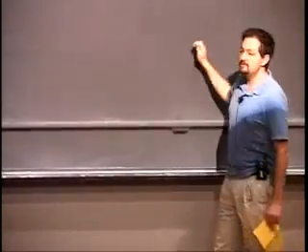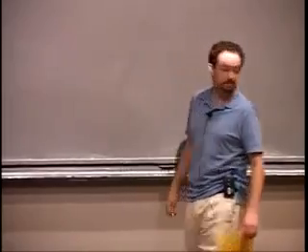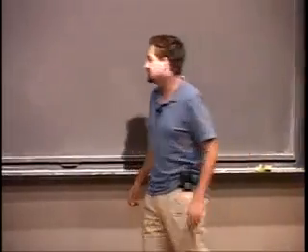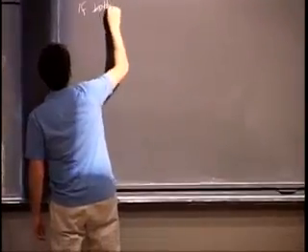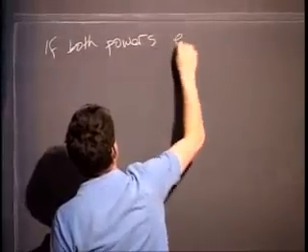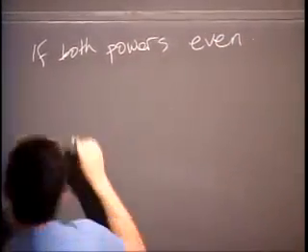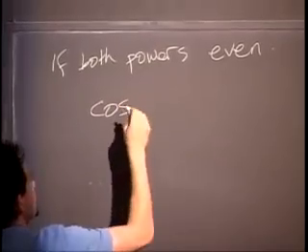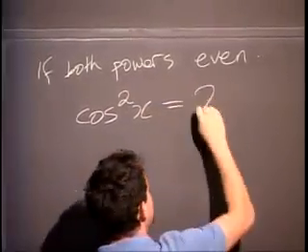All right, so moving along, what if they're both even? If they're both even, this trick just doesn't work. If both powers are even, you've got to use the double angle formula, or formulas. Here they are. You ought to know that cosine squared x is,